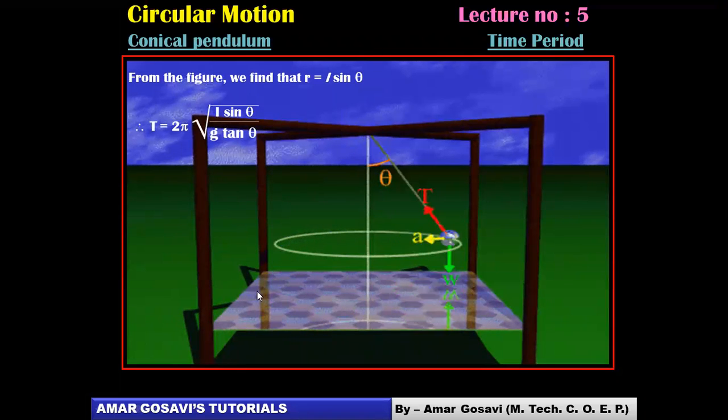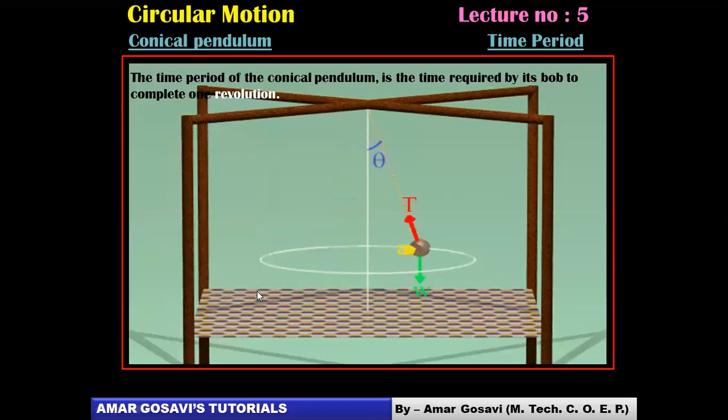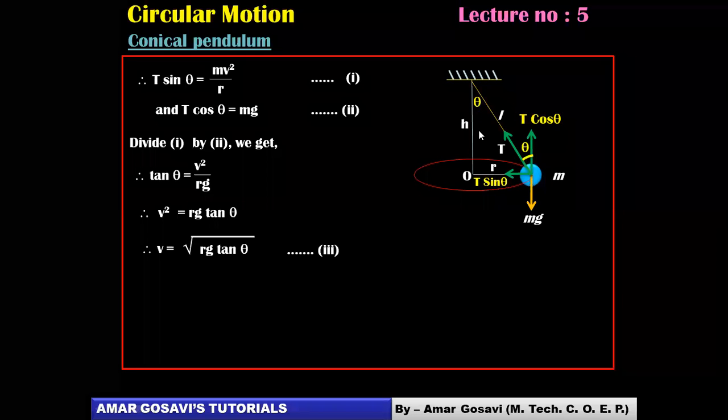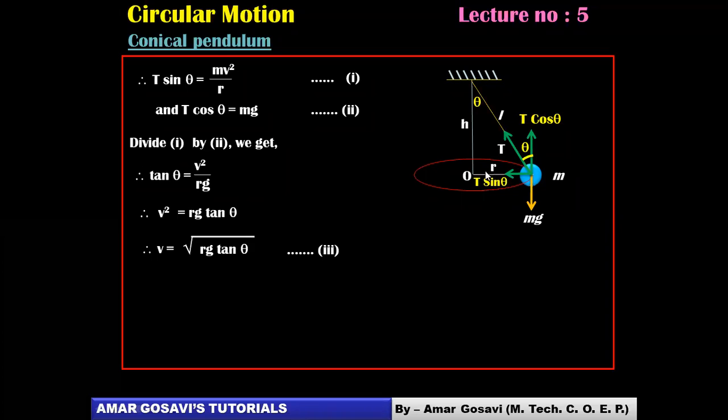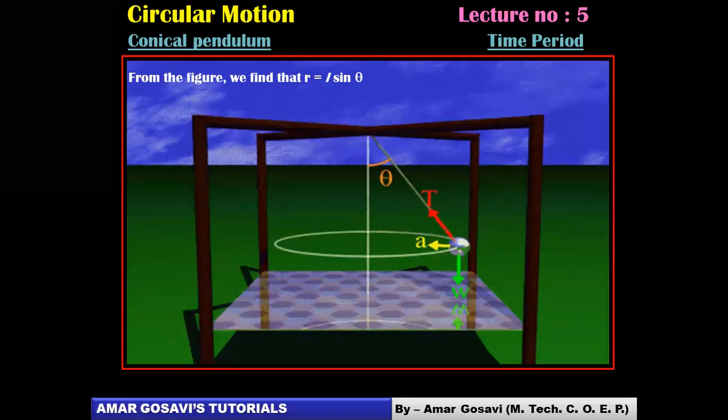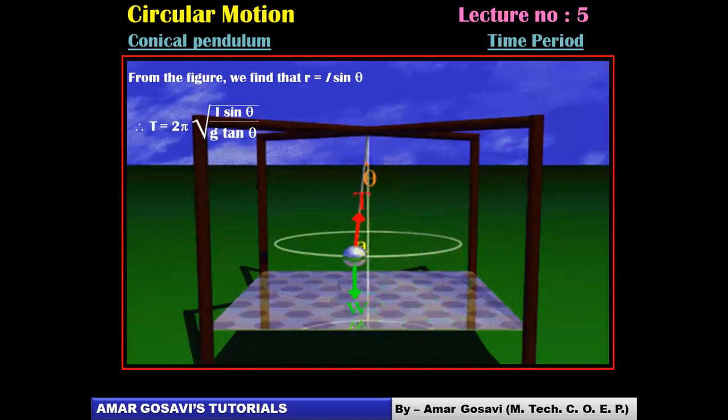Okay, let's get back to the previous slide. I'll show you that. Okay, yeah. So here you can see sine theta will be what? The opposite side, that is r, by hypotenuse, that is L. So then r will be what? L sine theta, right? So if sine theta is r by L, obviously, r will be L sine theta. So that's what is being substituted here if you observe. r is being substituted as L sine theta.